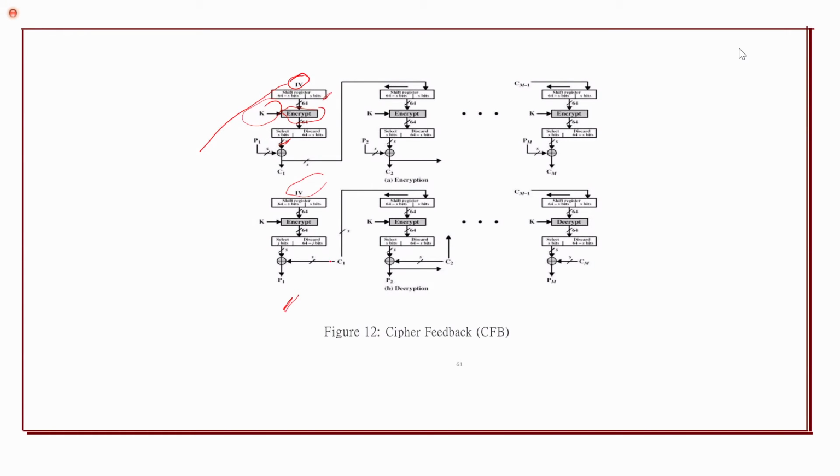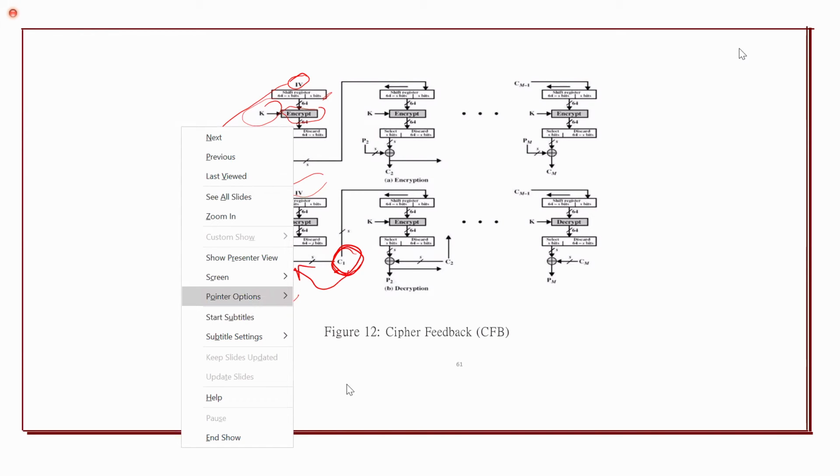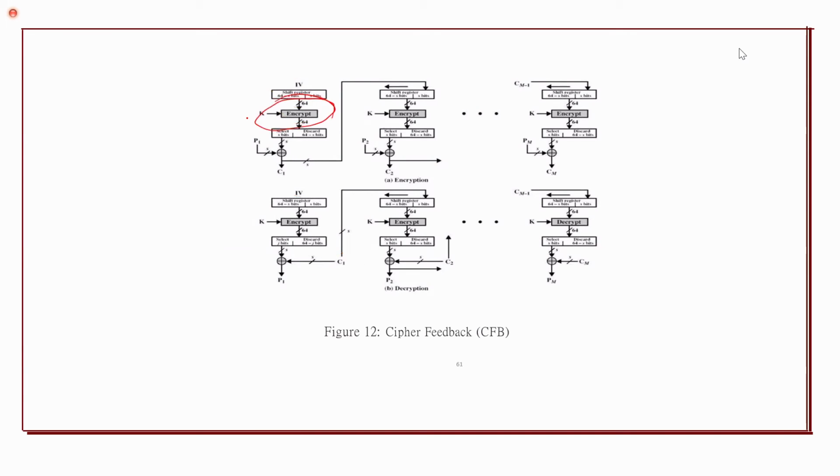And here it uses the ciphertext. Ciphertext will be generated, isn't it, at the encryption side. That ciphertext will be used for the XOR operation. So if you observe in cipher feedback mode, plain text is not used for encryption. Again, this is decryption. So for decryption, ciphertext is not used. So ciphertext and plain text are used only to perform the XOR operations.